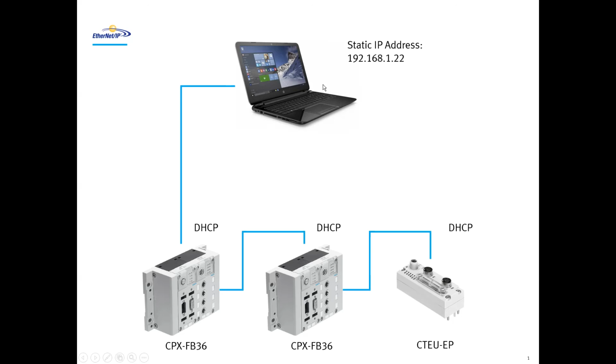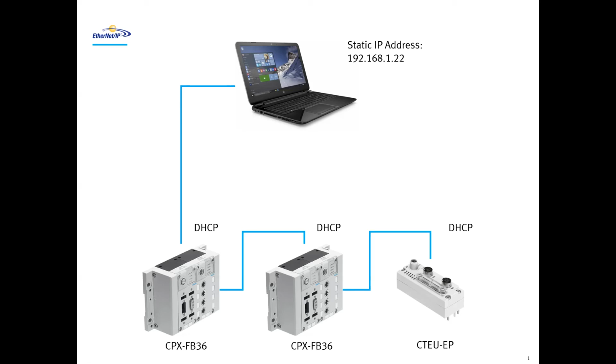So I have my computer, which has this IP address assigned, and then I have a CPX FB36 from Festo, another CPX FB36, and finally a CTEU-EP module. All of these are running on Ethernet IP. So the challenge that I have is, what happens if I have 50 different components? In this case, I just have three, but to simplify this,